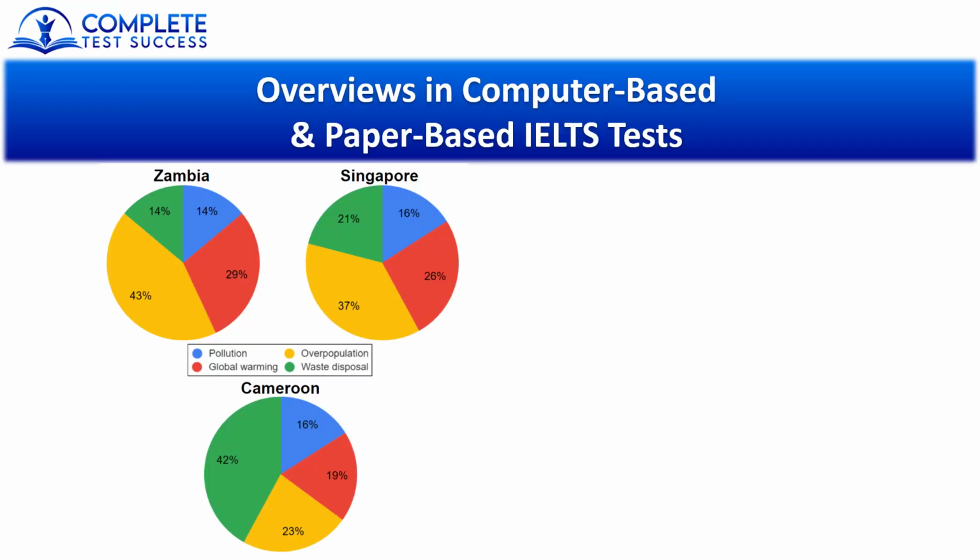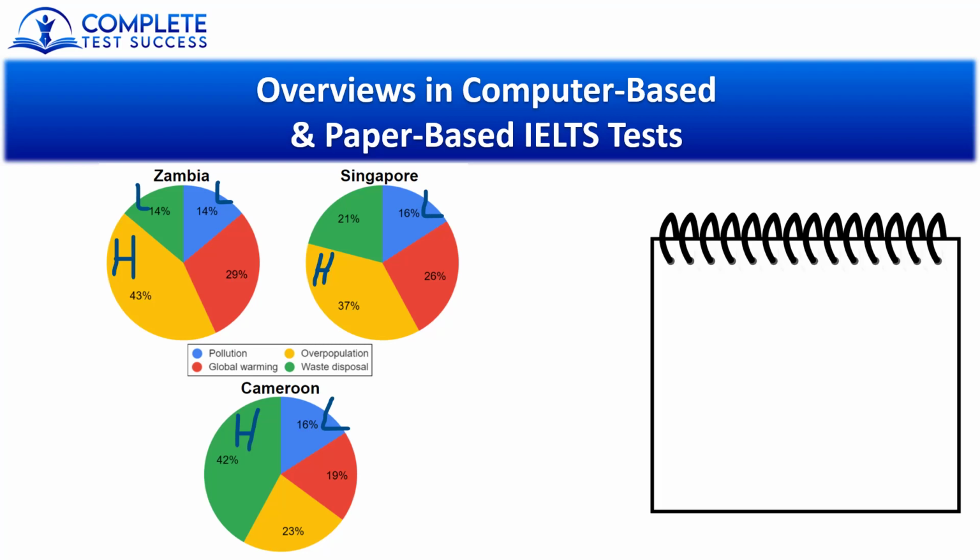Okay, so I do want to show you a sample of a pie chart and a sample of a table before we finish up. So let's take a look at these. We'll start with the pie chart, and very simply, yet again, if you're doing the paper-based test, you're just going to write directly on the question. So we will mark all of the highest and we will mark all of the lowest categories for each country. But once more, it's not that straightforward if you're doing the computer-based test, because you need to make notes and